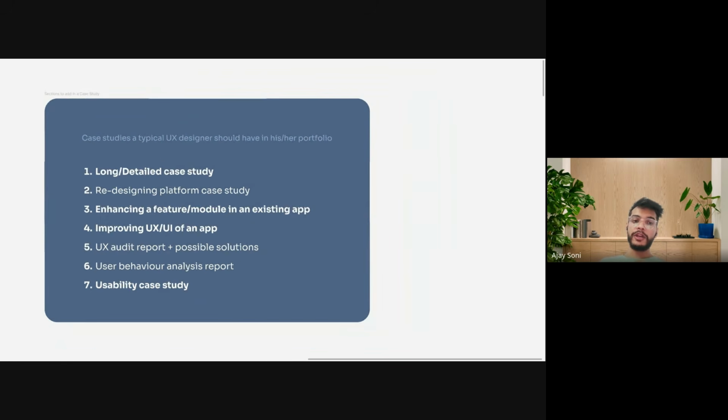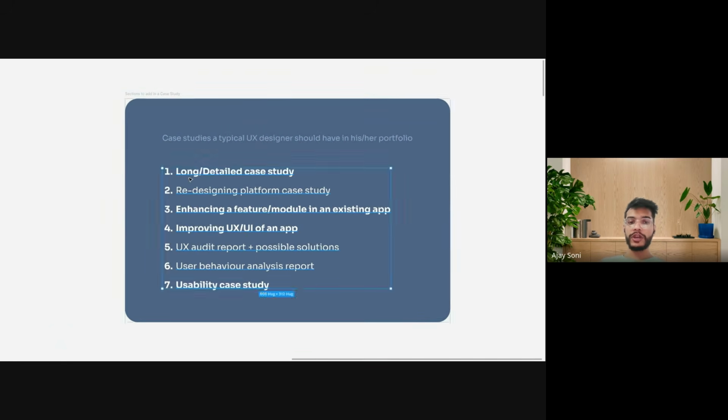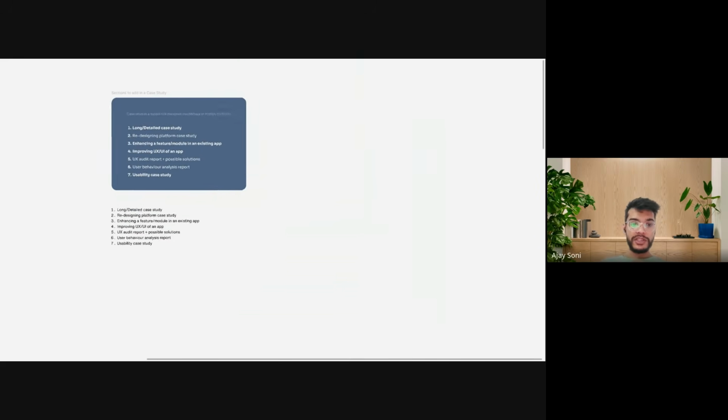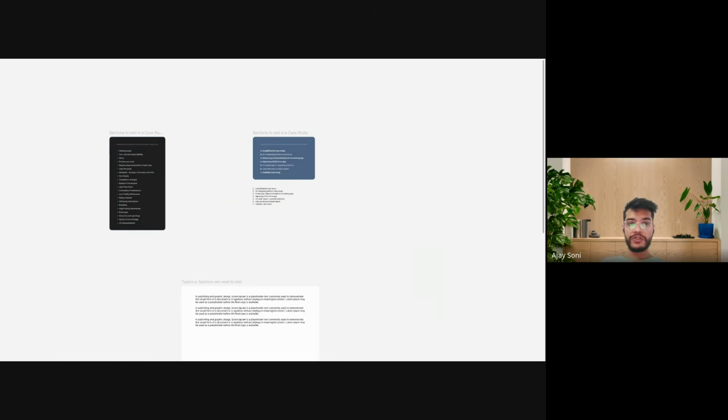And if we are able to complete at least one case study, this long case study, the rest of the things you will be able to create automatically. But you have to understand and create this case study. So we're going to do the same thing only. Yes. So that's what we have about the case study.